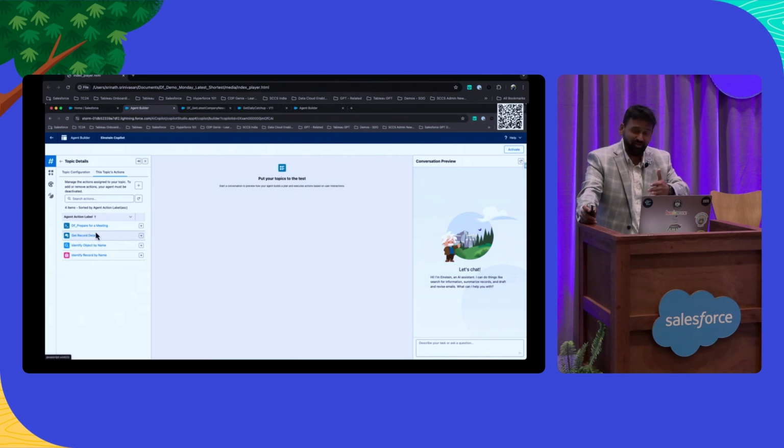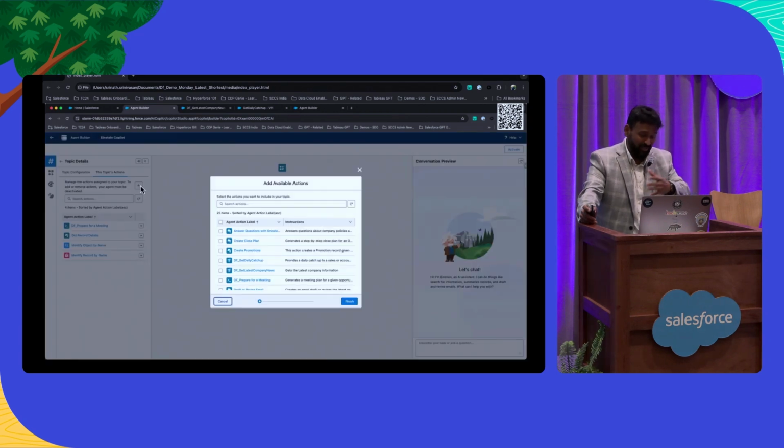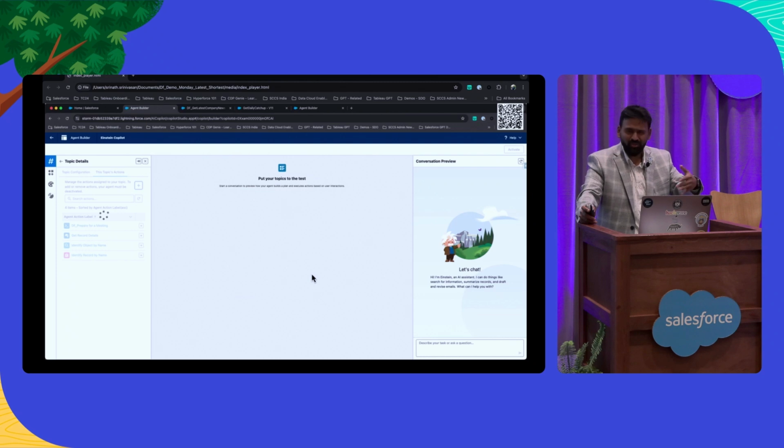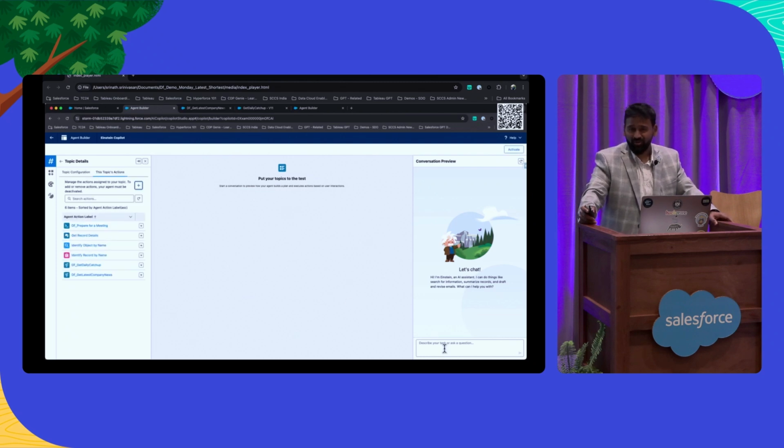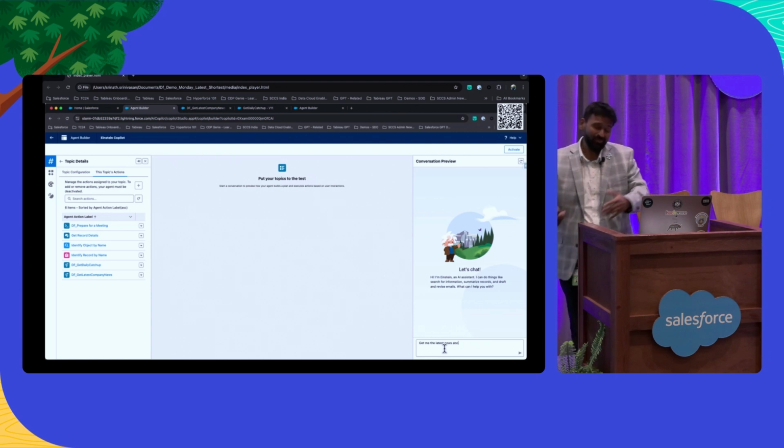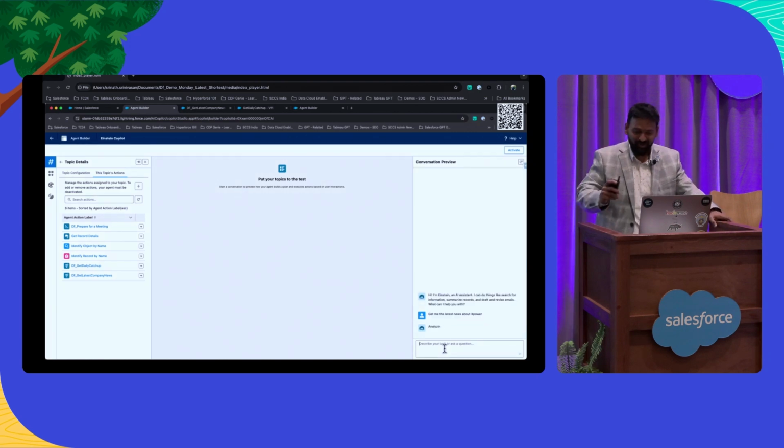Very simple. Make sure your agent is not active. When it's deactivated, you can hit the plus sign and choose the two options that we have. Look here, I've also included another flow that is going to get the latest information. If we had time, I would have walked through that one as well, but since we only have 7 minutes, I'm not going to spend time on it.